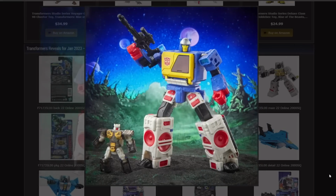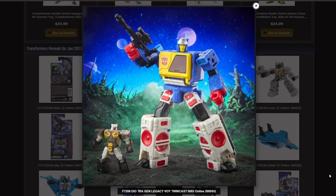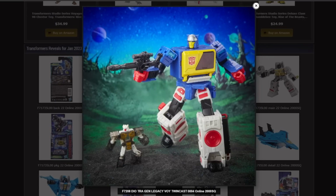But alas, that's not the case. It still looks fantastic. Don't get me wrong. And the fact that it comes with a rewind, great. I'm going to pass on this one unless I see it in a store. If I see it in a store, I'll pick it up, but I'm not pre-ordering it because it doesn't fit